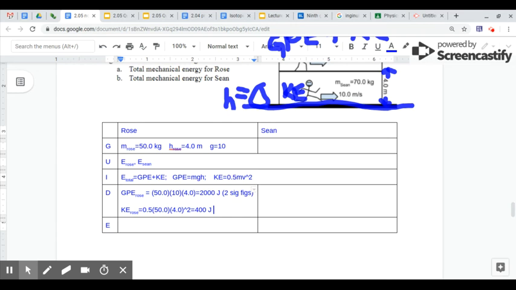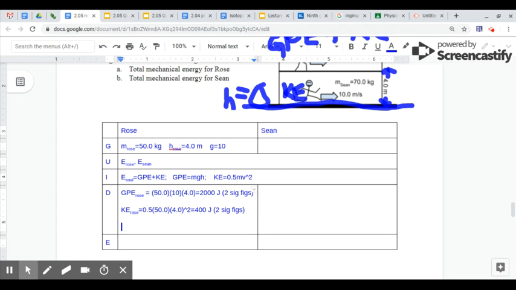Joules are the SI unit for energy. Again, that should be in 2 sig figs. And again, we're just going to add them together and see what happens. So our E total, or our mechanical energy,